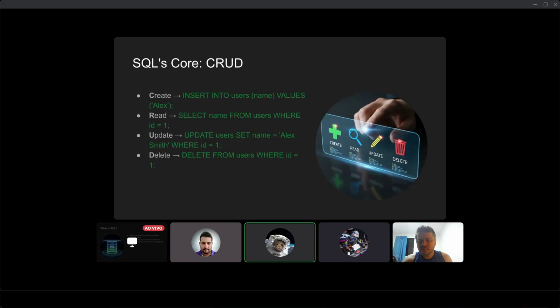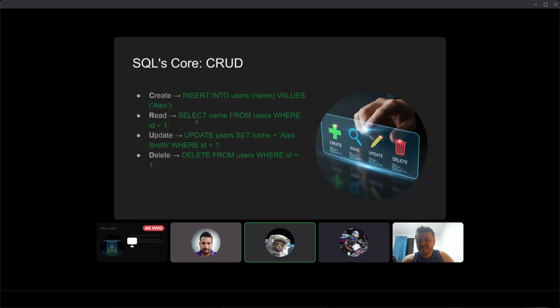Nice. So, talking about CRUD operations in SQL, which are the DML, data manipulation language, as you can read in some other lectures. To insert, it's pretty simple. The create operation is pretty simple. We just perform an insert into the table name and the column values we would like to perform. Read is just a simple select.